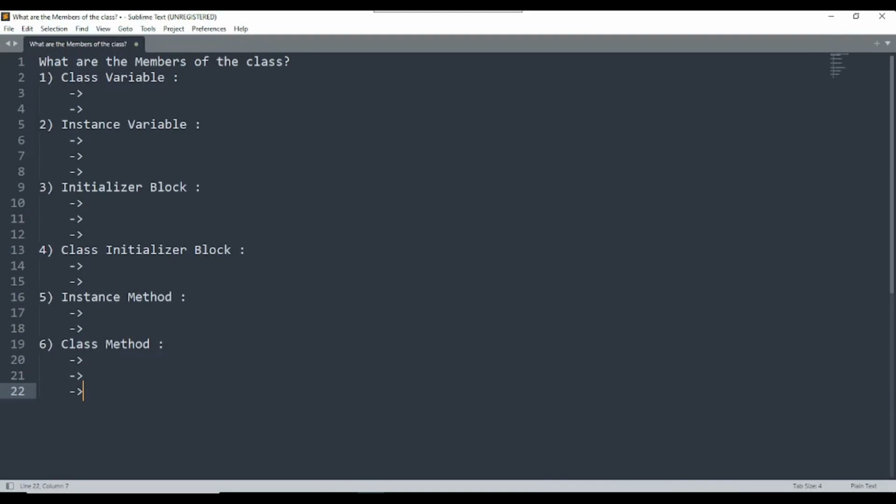So these are all the members of the class. The seventh member available in the class is called a constructor. We have already discussed the constructor in the previous lecture. It is used to create a new object as well as to initialize the value. So there are two main uses of the constructor. First, it is used to create a new object. Whenever you want to create a new object, at that time the constructor will be called. Second, it is used to initialize the value. If you want to initialize the object with a particular value, then the constructor will be used. So these seven are the members of the class available in Java.